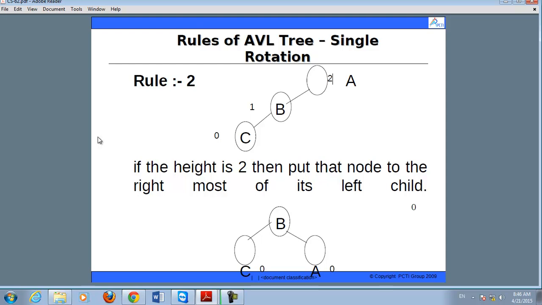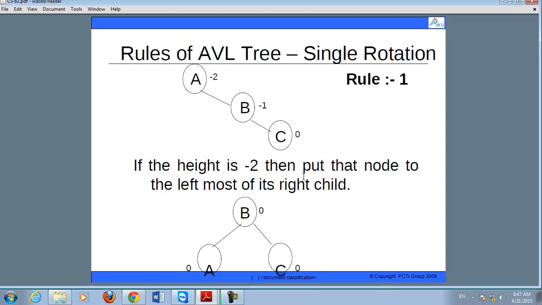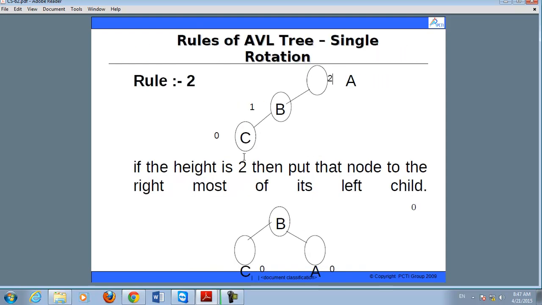Now rotation, right rotation you can say. In the previous example, we performed the left rotation and in this, we performed the right rotation. Again, we did a right rotate. B, A comes at the right side and C comes at the left side. C and A both are leaf nodes. It means they have balancing factor 0 and B is a non-leaf node, but B has children C and A, which have height equal to 1, 1 minus 1 equals 0. It means all the nodes have balancing factor 0. It means these nodes are balanced nodes.